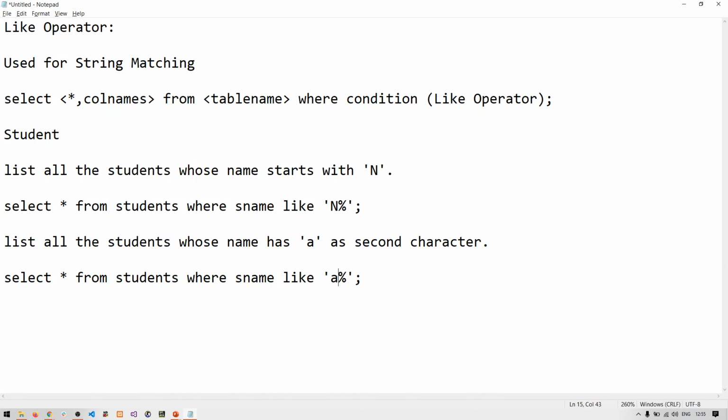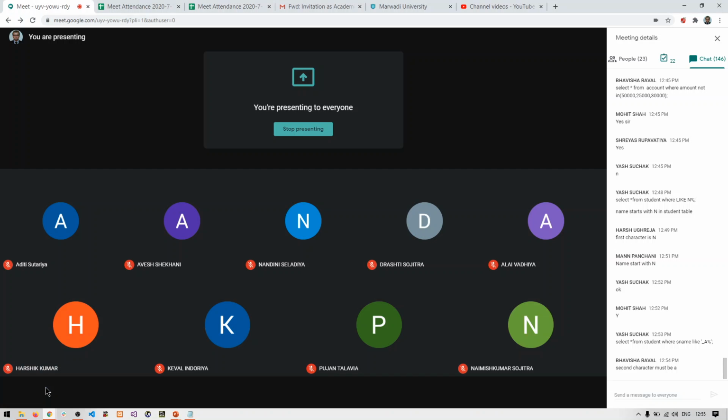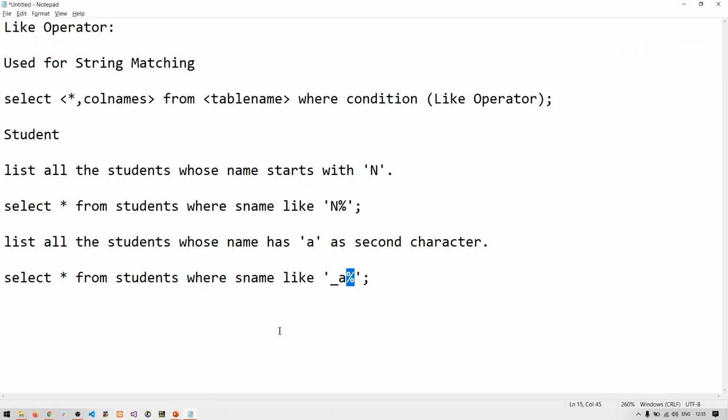So to provide a single character individually, you can provide underscore. So underscore means first character, then A is the second character, and after A you can have as many number of characters. So this is what you have to write.